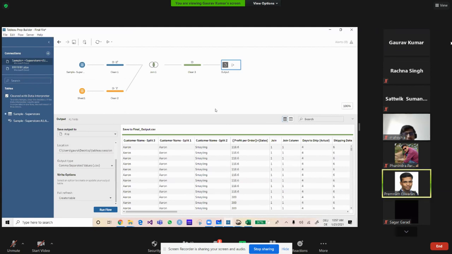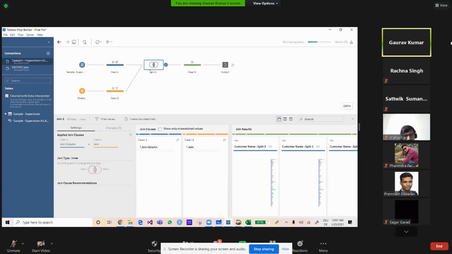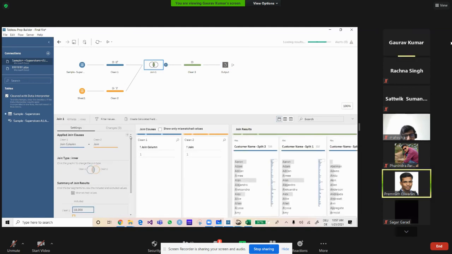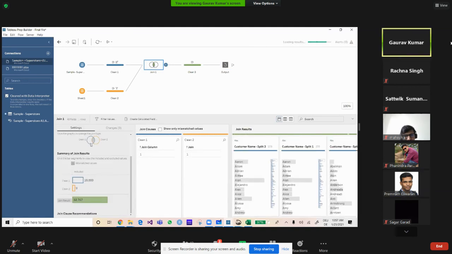So in that case, if I want to specify one-to-one or many-to-one kinds of relationships, how is it possible to do that? The same thing, like I showed you, for example, if you see here, join. Tableau is giving only this type of clean data, this outer or inner join kind of stuff.